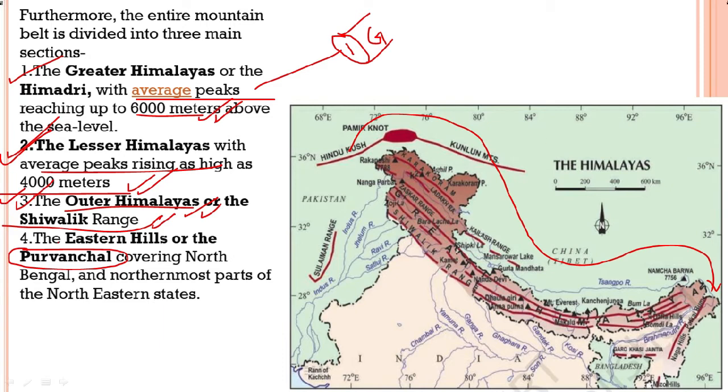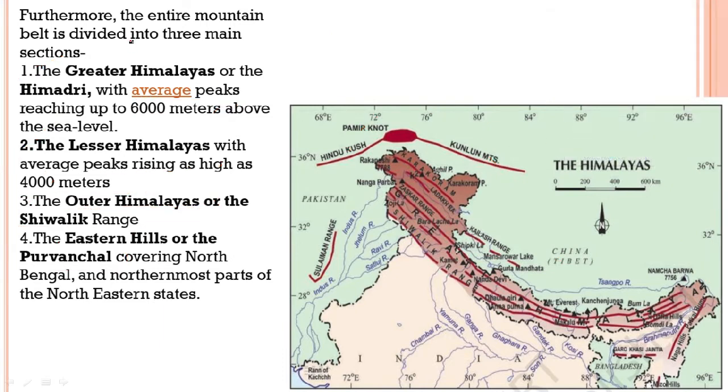So from here we pick that the Himalayas are broadly divided into 3 main regions and 1 important sub-region. Clear? Therefore the broader regions are the greater Himalayas, the lesser Himalayas, and the outer Himalayas, and in the far east, in the northeast of India, we find the eastern hills or the Purvanchal as well. Clear? Which also is seen as one of the regional divisions. Therefore we also saw that 6000 meters was the average height of the ranges of the greater Himalayas. That comes to 4000 meters for the lesser Himalayas, and therefore we saw the eastern hills and the Shivaliks.